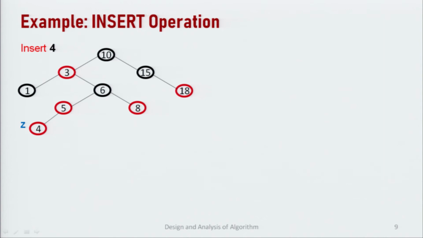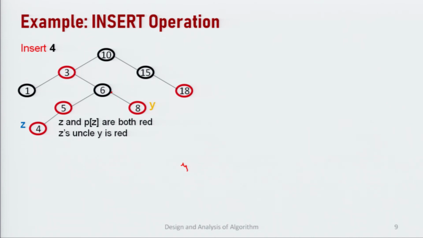Now, we will give the color red to this new node. What happened? Just see here, 2 red nodes have consecutively come in the same path. So, this is a violation of property 4. Just see which case it is here. This is your z, this is parent of z, this is grandparent, and this is your y. The color of y is red. Color of parent of z is red and color of y is also red. So, this is case 1.